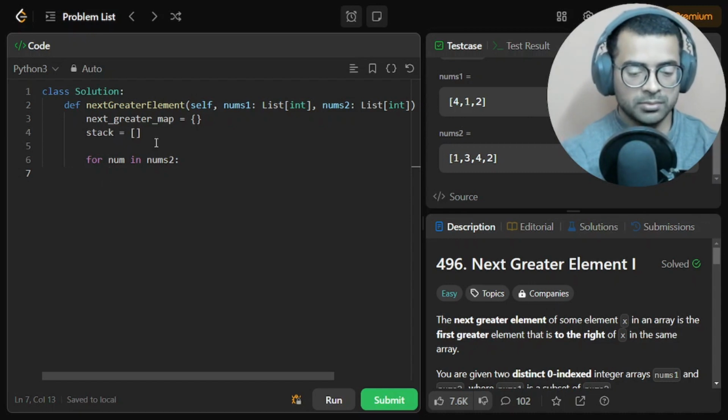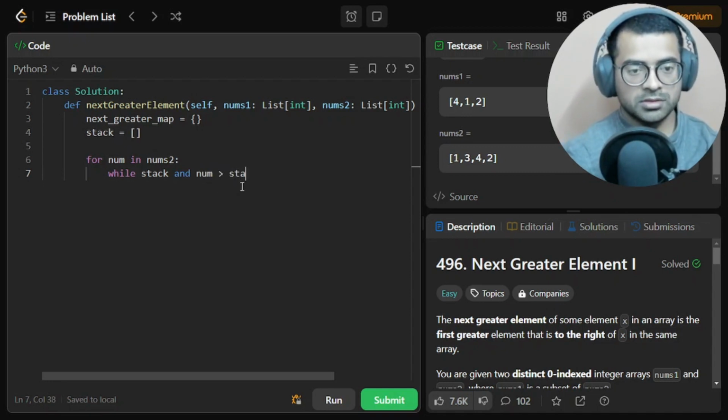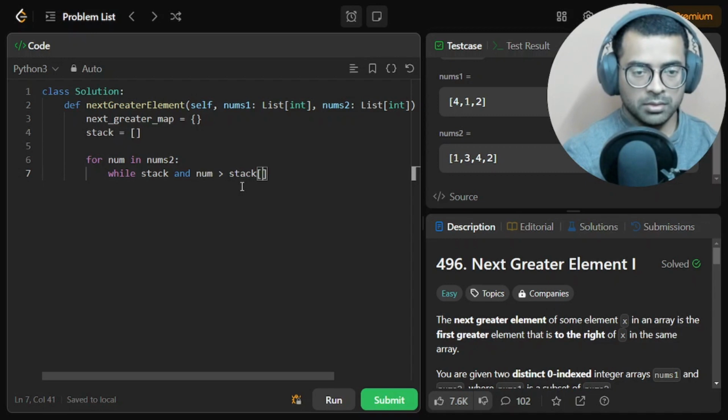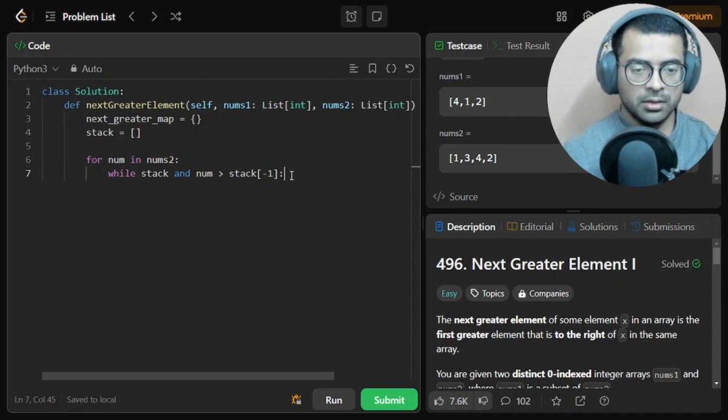While stack is not empty and num, whatever number our current pointer is at, is greater than stack's top, which will be the last position of our stack,